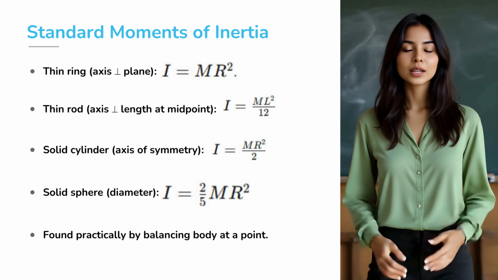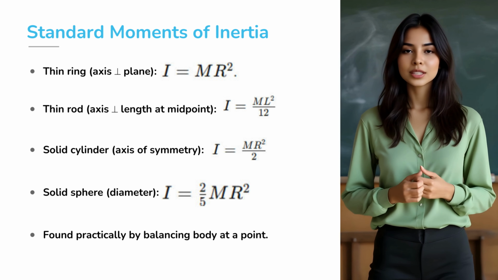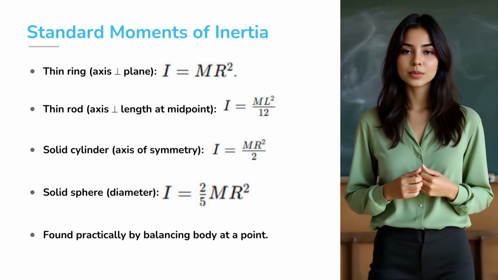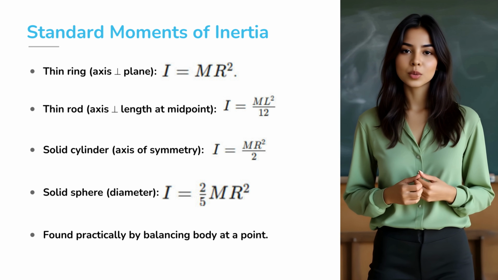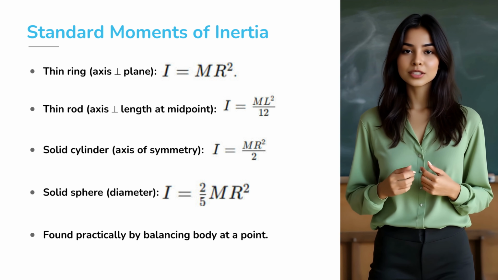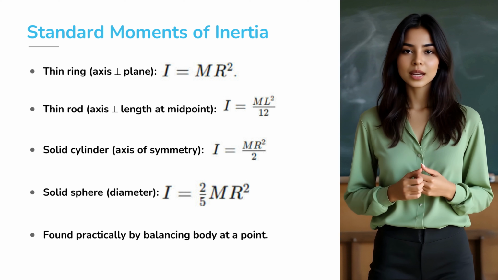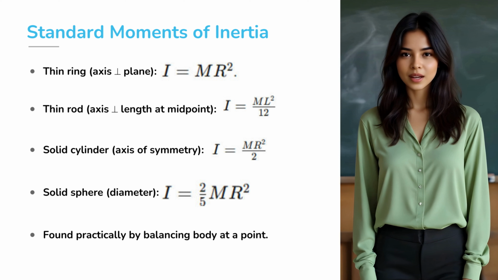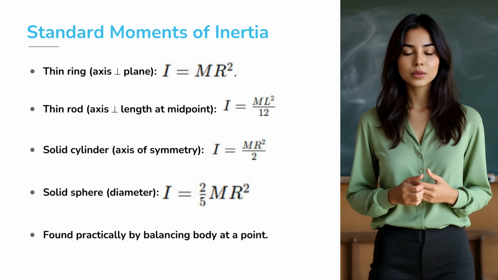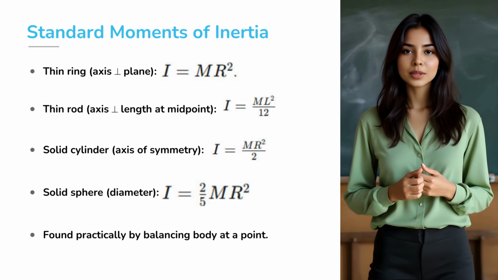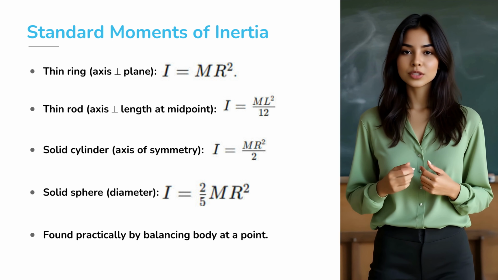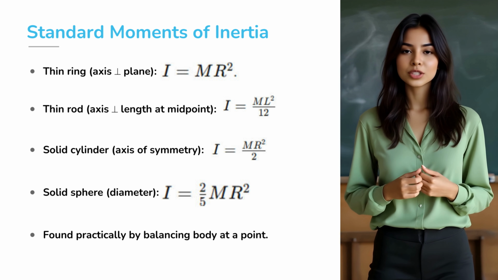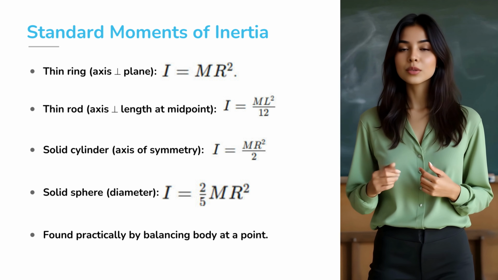Over time, standard moments of inertia have been calculated for common shapes. For a thin ring, about an axis perpendicular to its plane, I equals m r squared. For a thin rod about an axis through its midpoint, I equals m L squared over 12. For a solid cylinder about its axis, I equals m r squared over 2. And for a solid sphere about its diameter, I equals 2/5 m r squared. All these values are neatly tabulated in table 6.1 of your textbook, and they are essential for solving real problems